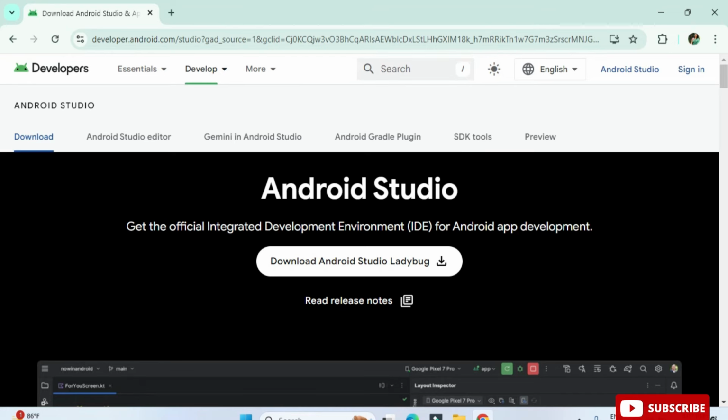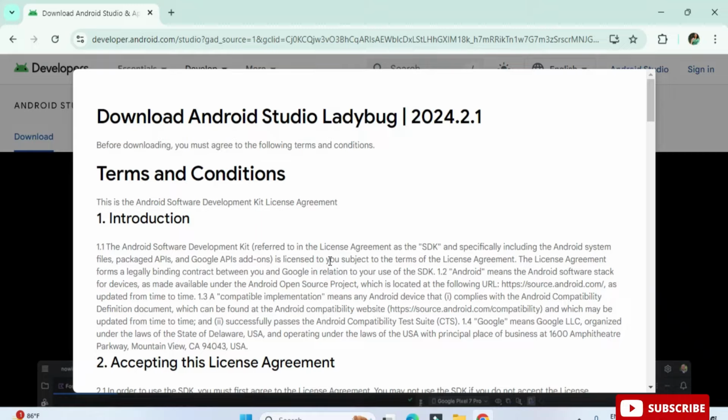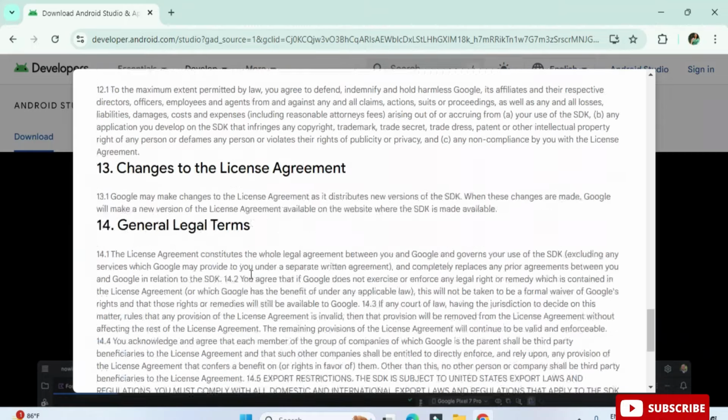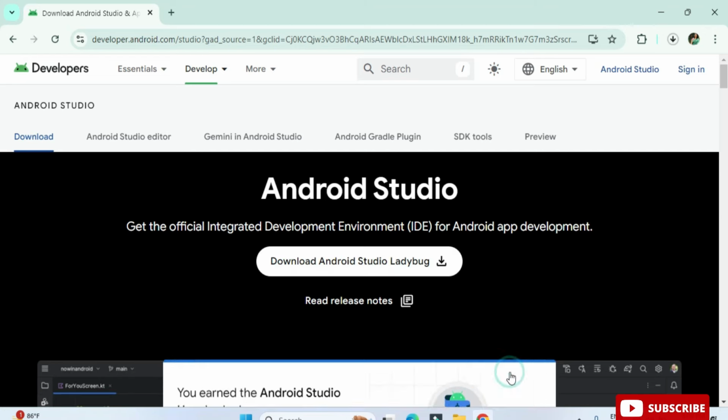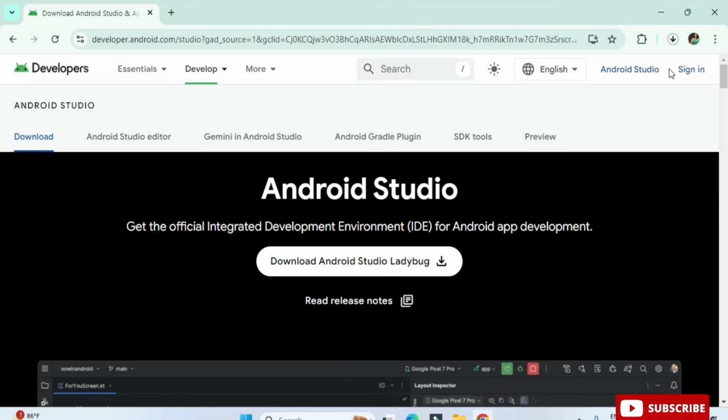And guys, you will see license and agreement page over here. Just scroll down and click on this checkbox and this button. So guys, here it's showing me some message. I'm going to click on dismiss button. And you can see here my download has been started, and guys, it is going to take time, so please wait. And guys, remember one thing, here you need strong internet connection because we need lots of download.